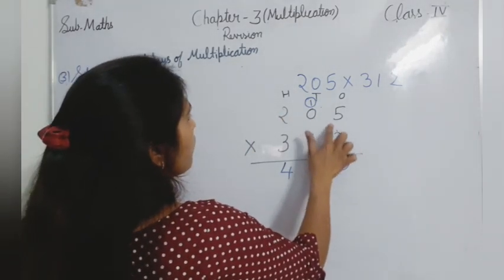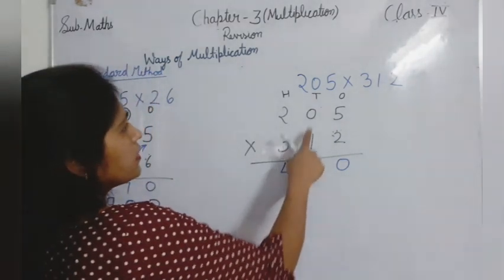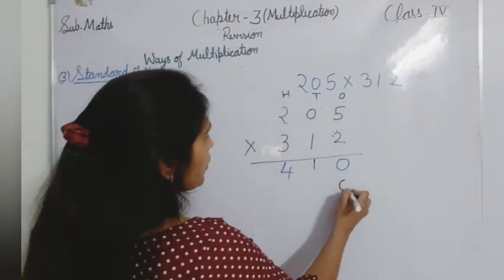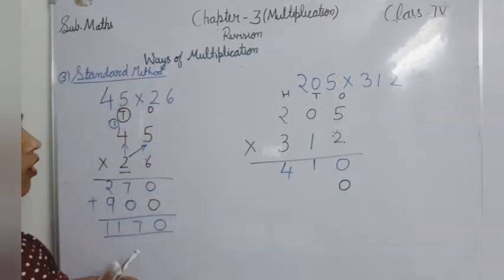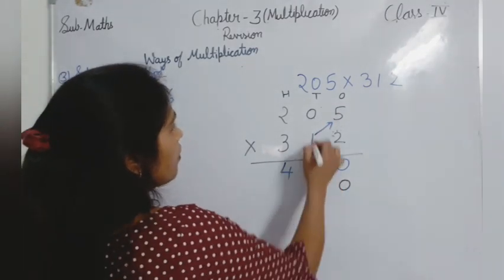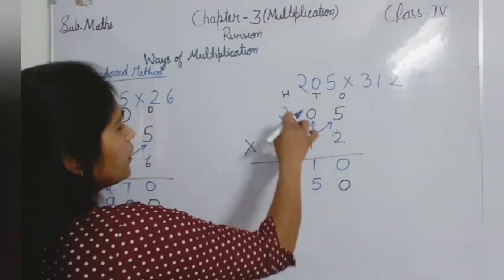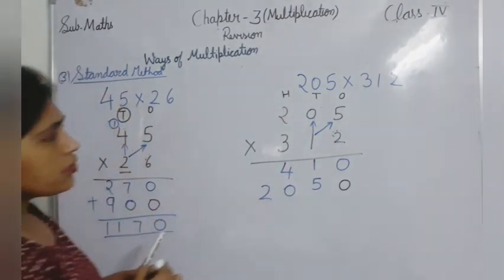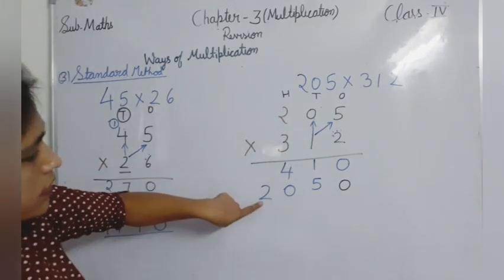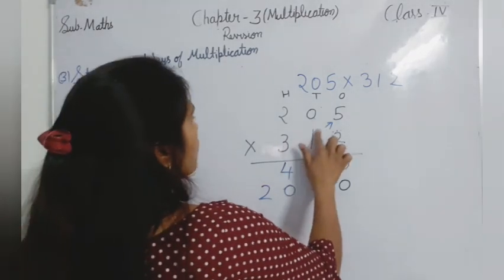Now we'll multiply 1 in a similar way. But see, again 1 is in the tens house. So in the ones house first we need to write 0 here. Clear? Now let's multiply 1 with 5. 1 5s are 5. 1 multiply by 0, 0. Then 1 multiply by 2, 2. This is the identity property of multiplication. When we multiply 1 to any number, you will get the same number, 205. Yes, now 1's turn is already over.